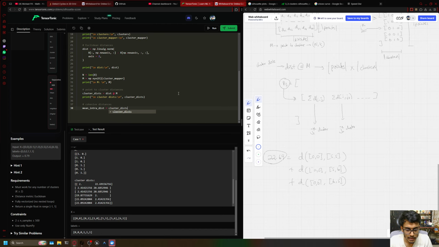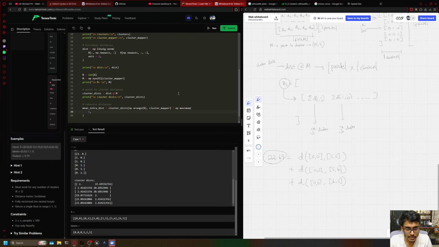Here I will apply NumPy arange n, and apply cluster mapper here, and then I'll be dividing by the number of distances in its own cluster, which will be np maximum of,